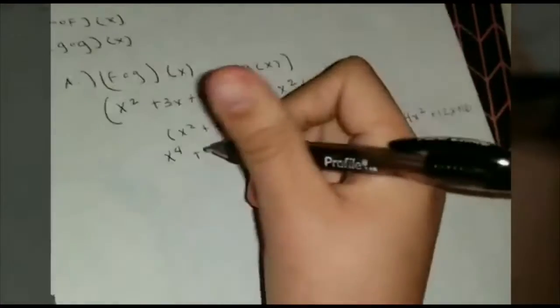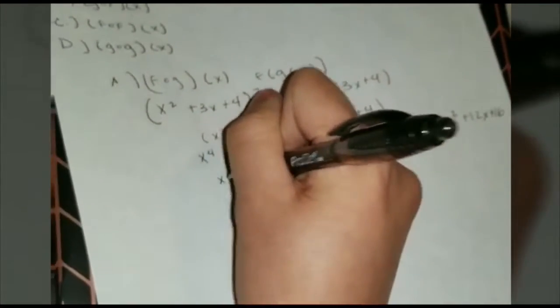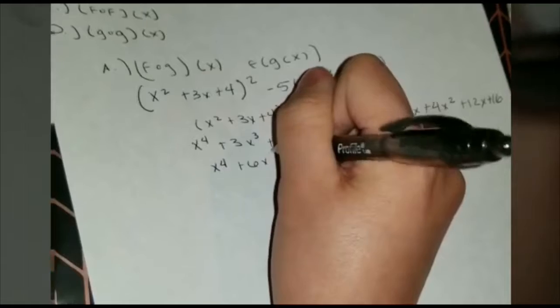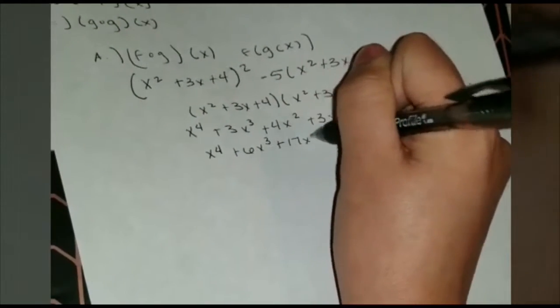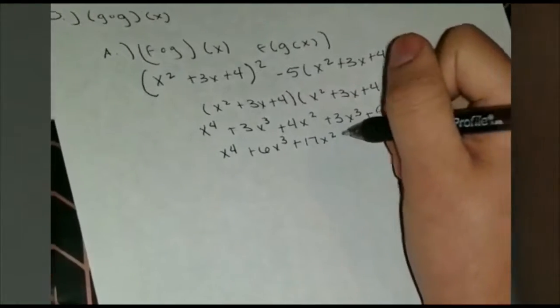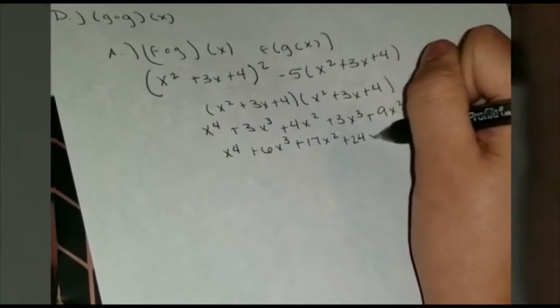And from there, you're going to end up combining your like terms. So it's going to be x to the 4th plus 6x cubed plus 17x squared plus 24x